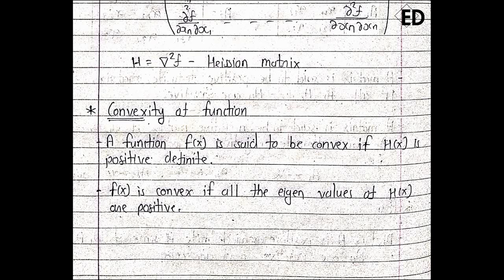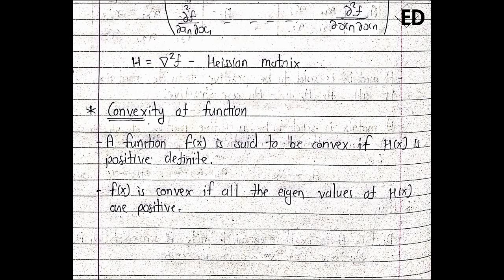In the last video we saw some of the details of single objective functions. So this is one of them, the convex function. How do we determine whether a function is convex? A function is said to be convex if and only if its Hessian matrix is positive definite. We will become aware of what positive definite, negative definite, or positive semi-definite means.